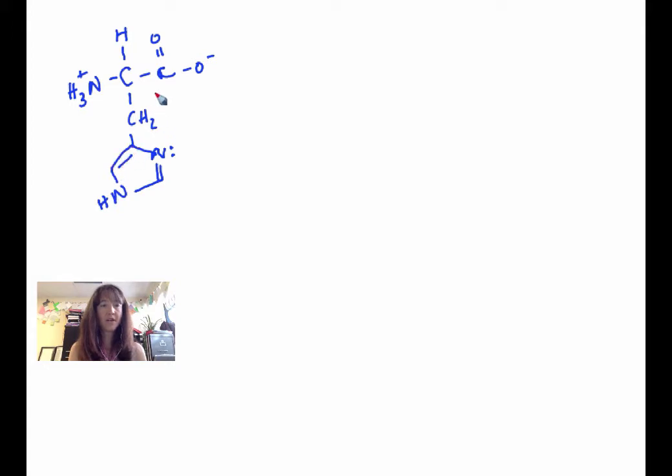There, that's good enough. Because what we're going to see in this reaction is a lyase working on this to introduce a double bond in this location. So essentially, you're going to see this become